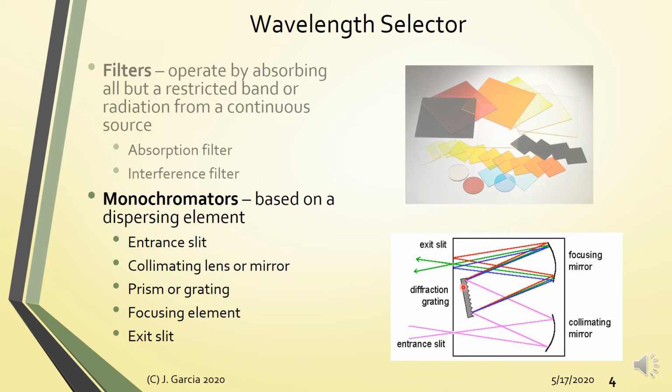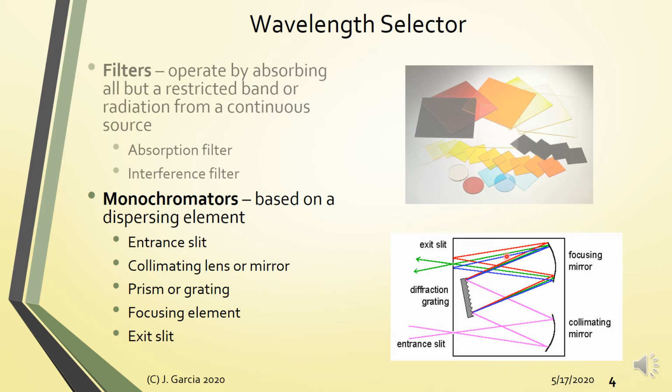focuses the radiation on a diffraction grating. Now, once the radiation hits the diffraction grating, it disperses or splits into its component wavelengths. The component wavelengths are then focused back towards an exit slit. Okay? Now, the angle of the diffraction grating or the prism is adjusted by a motor so that you can